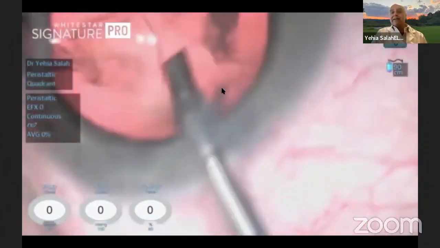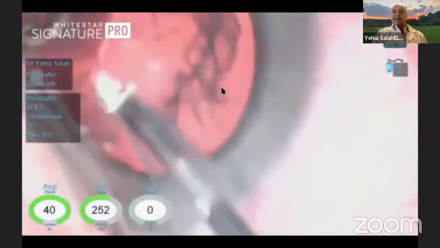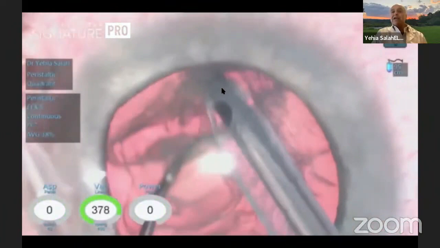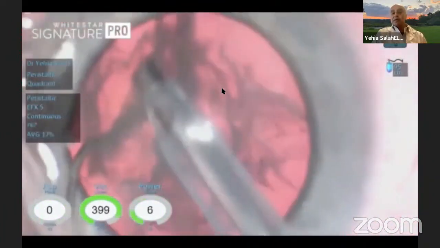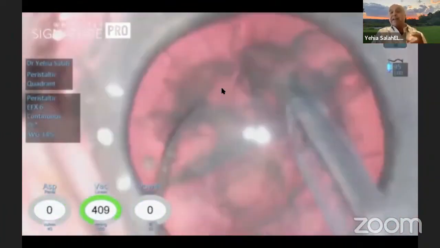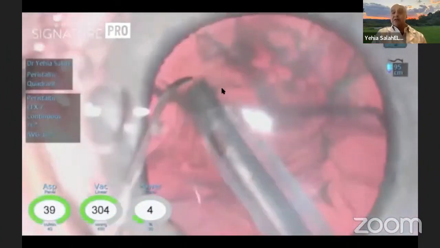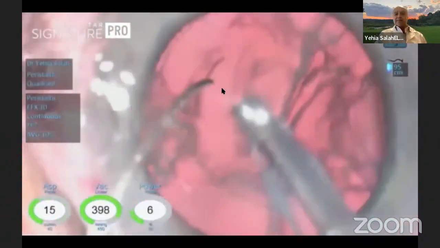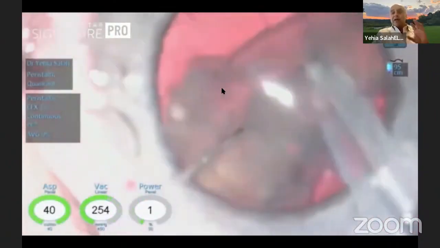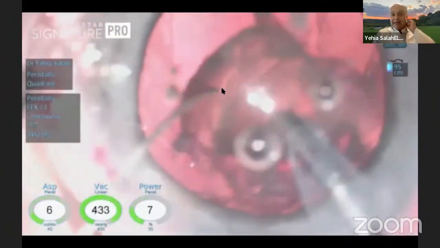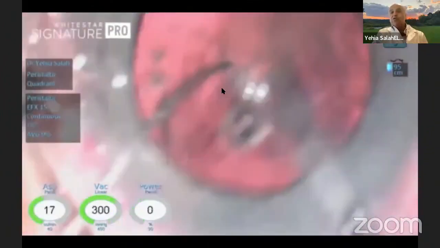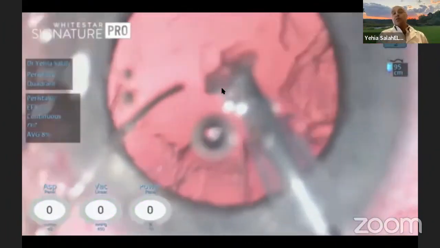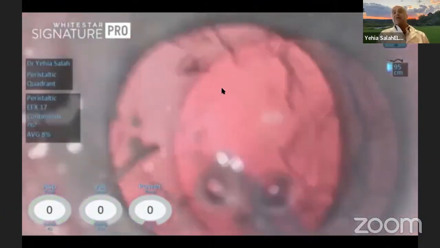You can see in soft cataract, it's very simple. If you do proper hydrodissection, and as you saw the capsular axis, you give more time to make it central, because it's very important in multifocals or extended depth of focus lenses to center the lens properly. And as you can see here, one of the things that you should think about is saving the cornea. You can see I'm not using almost any power. It is vacuum. And once you remove the lens, then you shift to